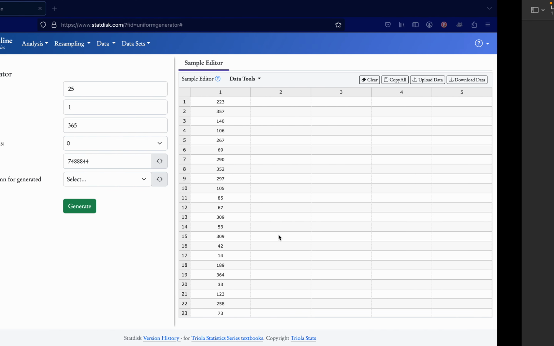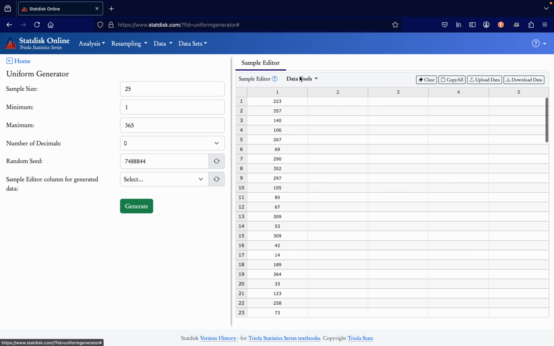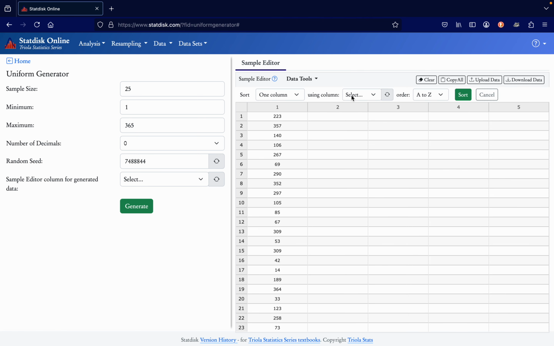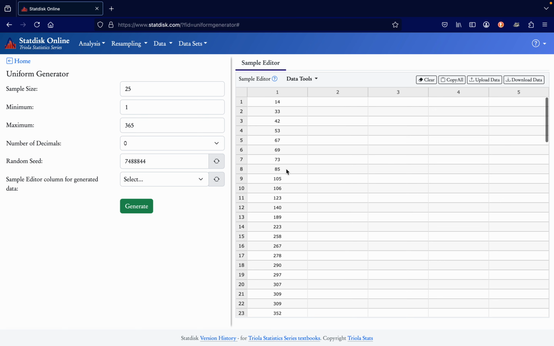So what we'll do here is let's see if this group of 25 numbers have any numbers that are the same. So once again, we'll sort the data, one column, using column 1, and then we'll sort. And we can see right here, let's see if any of these numbers are the same.